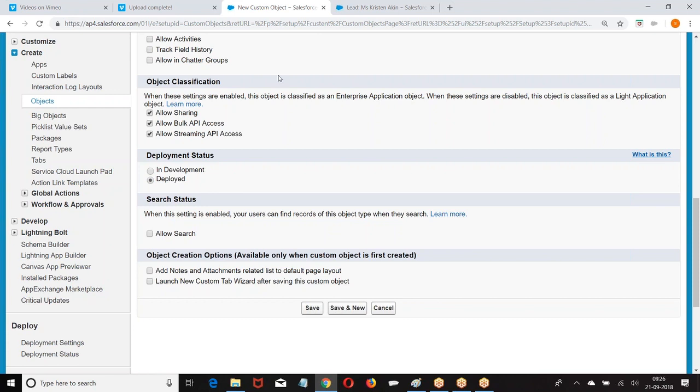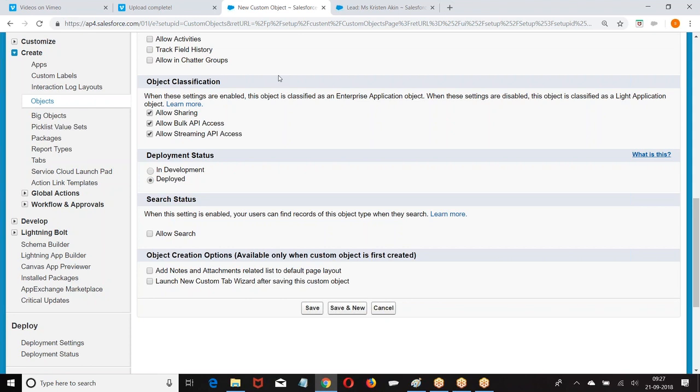Why? If the following three options are enabled, it is an Enterprise application object. Which options? Allow sharing, bulk API access, streaming API access.